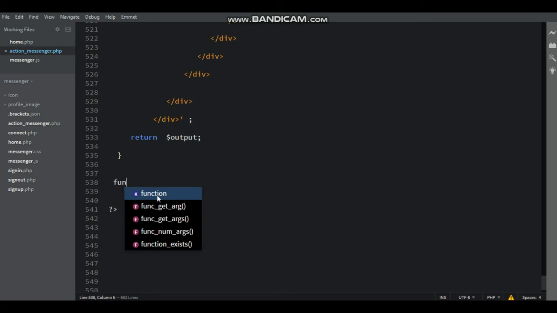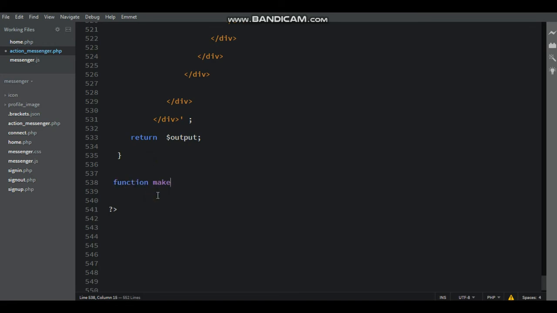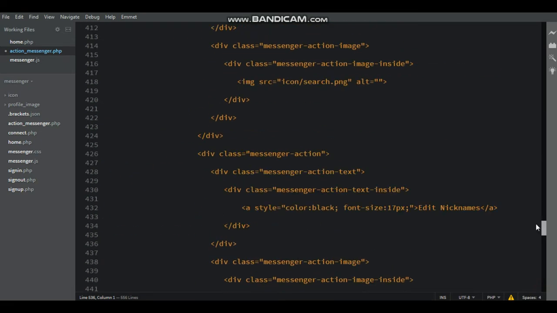Below that write function make_chat_users_top_nav, inside bracket, open and close bracket, and then open and close flower bracket. Just copy the make chat user top nav.